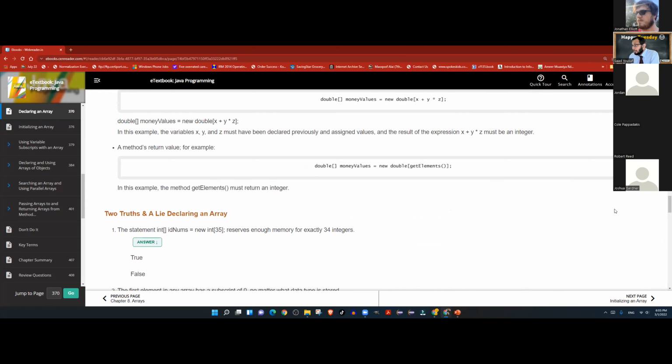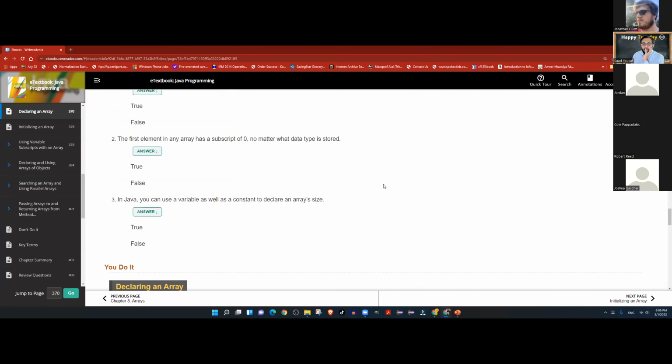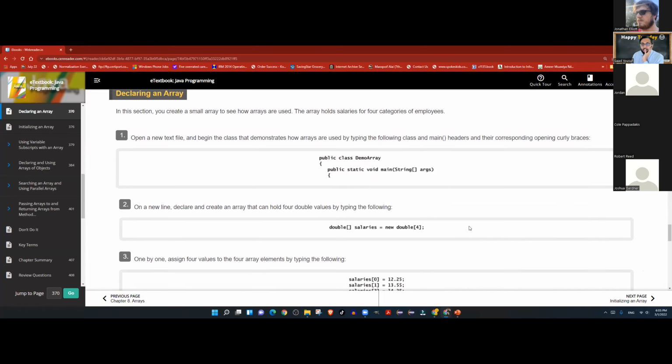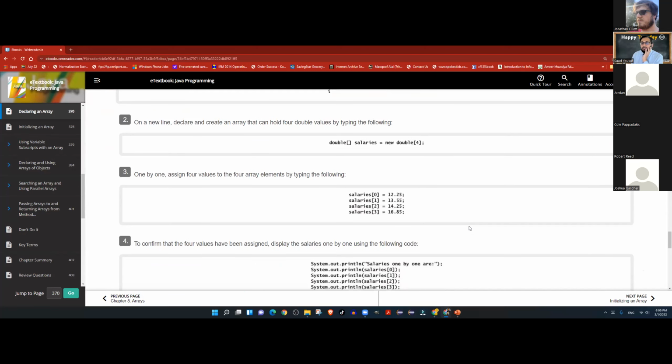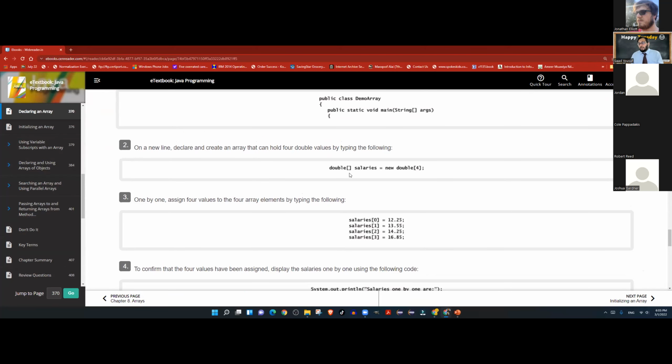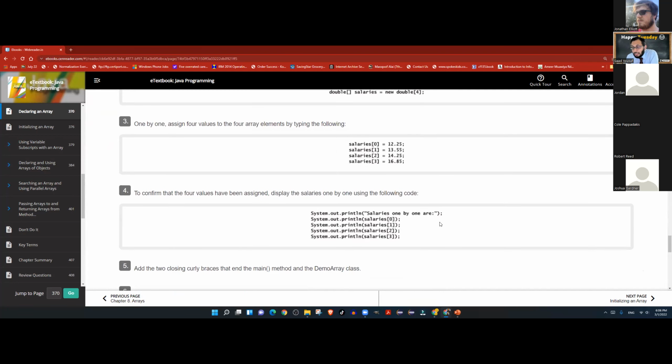The method will return a value. That value can also be used to figure out the size of the array. Okay. Here is an example where we create an array called salaries of type double, and the size of this array is 4. That means index number 0, 1, 2, 3. So we are initializing all 4 with values, and then we are displaying all 4 values one at a time. However, this is not the best approach, just one of the many approaches.